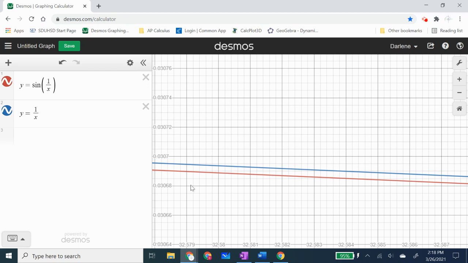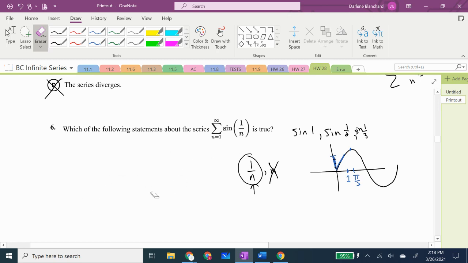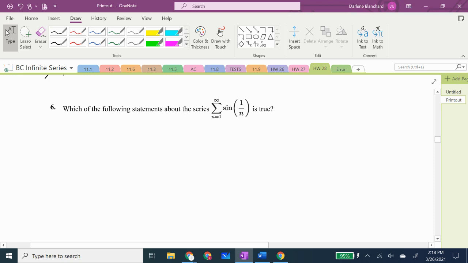So that means that I'm going to take a look at the limit comparison test. With the limit comparison test, if I choose to compare to the divergent harmonic series 1 over n,